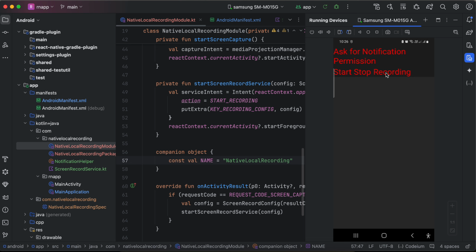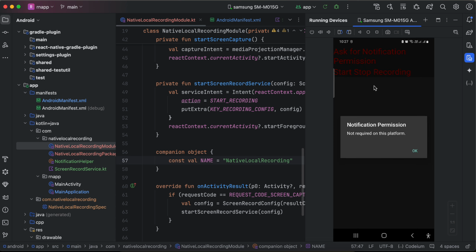Okay, and from Android T and above we require notification permission. That's why I have two buttons. So first is ask for notification permission, second is start and stop recording. Now my Android device is below Android T, so anyways I have the permission, but still I need to click on it. So here you can see it is telling me not required on this platform, but